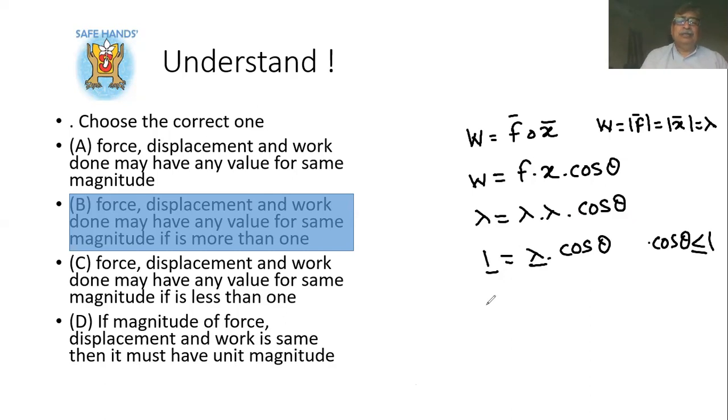That is how the correct option over here is B, and B is telling that it is more than 1. It can also be equal to 1. But conditionally, the word must has been introduced over here to rule out the possibility that it is not going to be the answer. Displacement must be 1. Now, is it really necessary that it must be 1? No. And that's why the correct answer will be that it is allowed even if it is more than 1. And that is how the correct choice will turn out to be B.